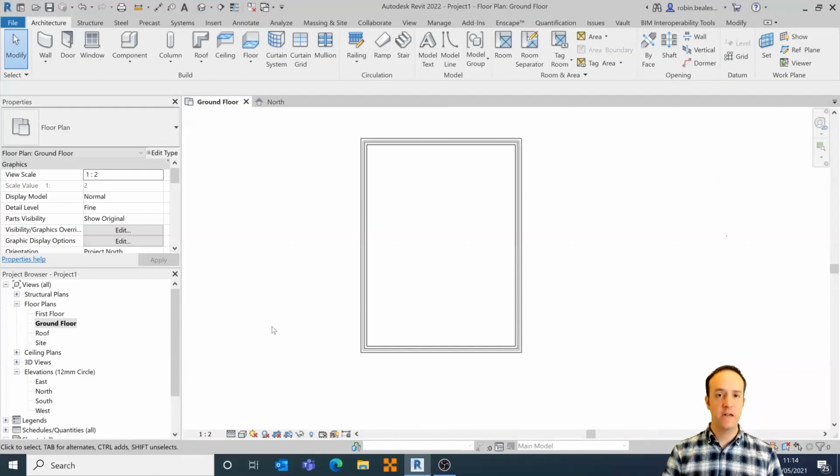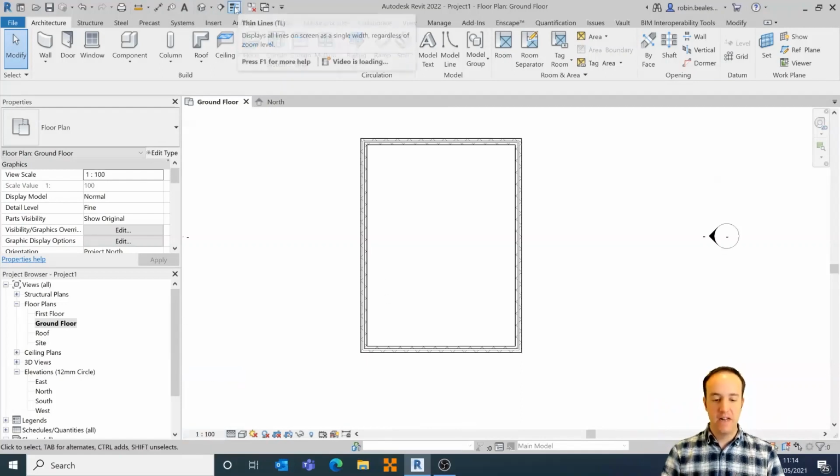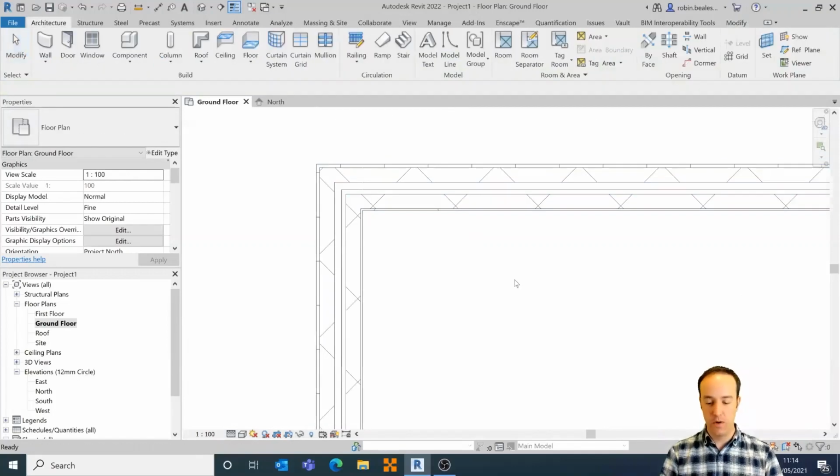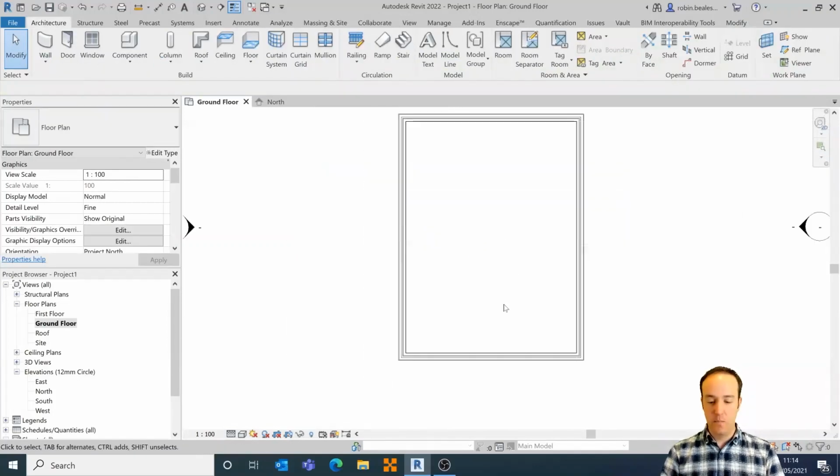Text resizes so that it fits to your paper space size. I want 10 mil text. It will scale up and down in your view based on the size that you're going to print. We're going to stick with 1 to 100, but I'm actually going to turn on thin lines because when I'm drafting, I like to see the detail rather than the actual line style. So we've got our basic